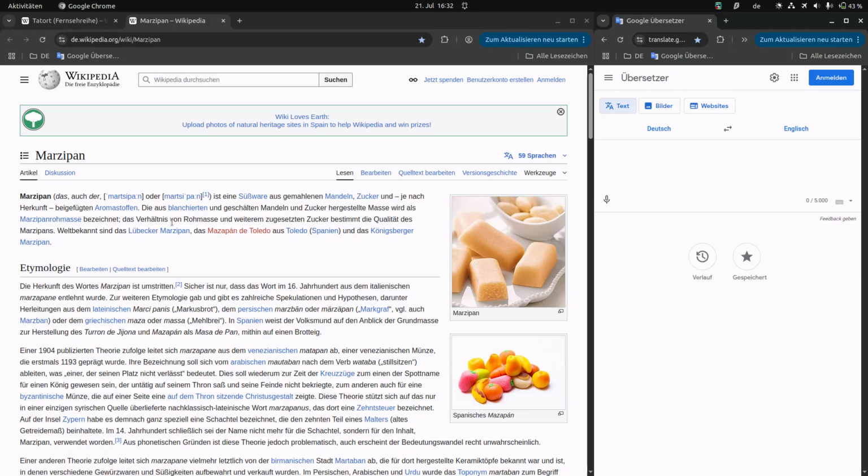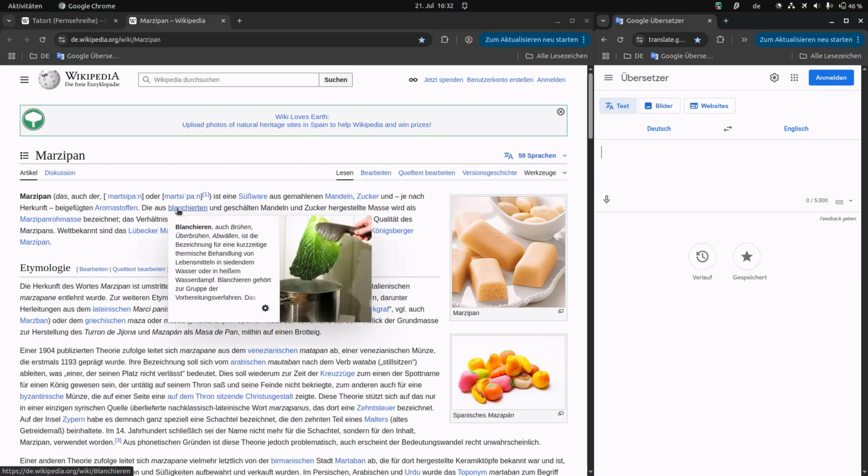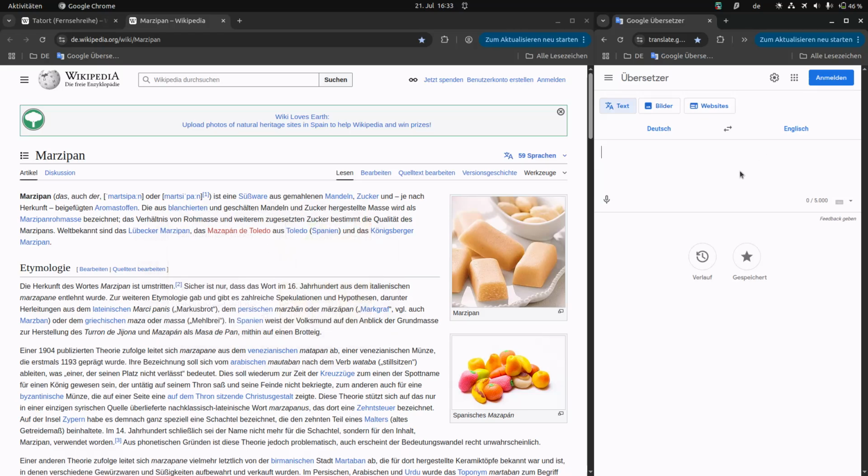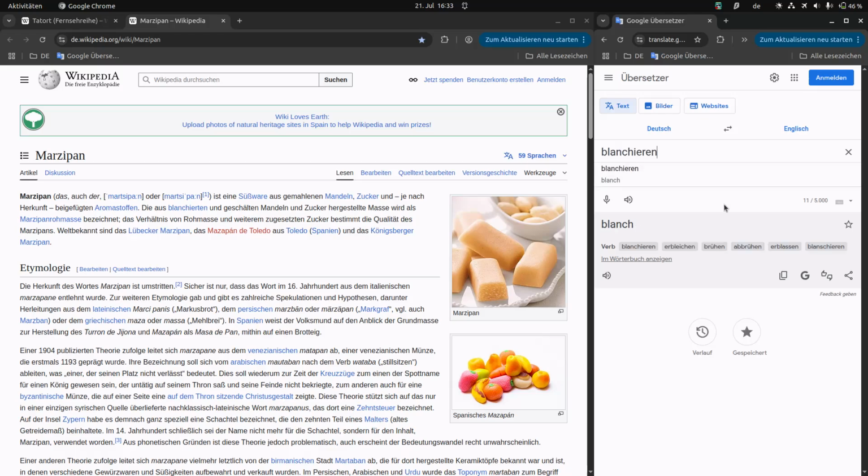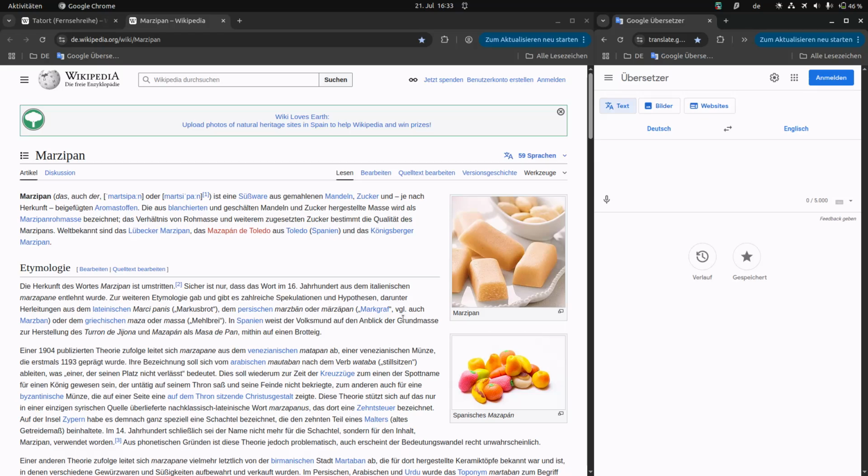Yeah, I was just talking about the way to pronounce that. Das Verhältnis von Rohmasse und weiterem zugesetzten Zucker bestimmt die Qualität des Marzipans. Die aus blanchierten und geschälten Mandeln und Zucker hergestellte Masse. Again we have this aus, which just means made out of. Blanchierten, I forgot the way to say that in English. Blanchieren, that's the verb. Blanched, I hope it's the right way to say that. Blanchiert, blanched, yeah, I guess blanched. So out of blanched and, und geschälten Mandeln,